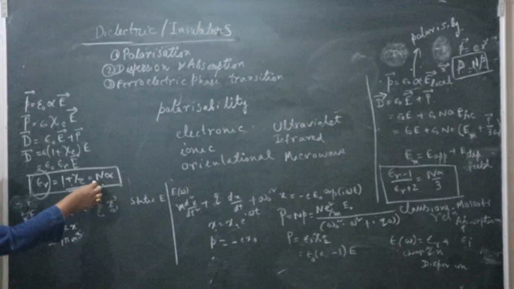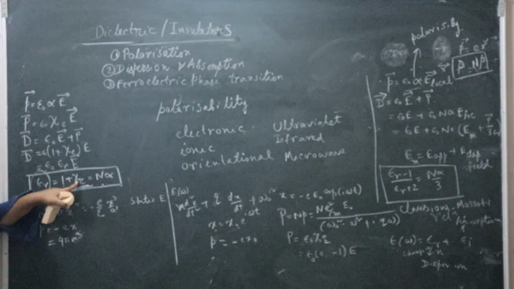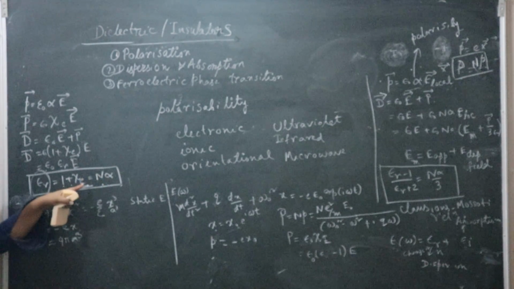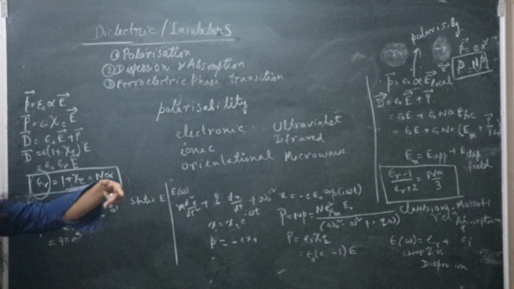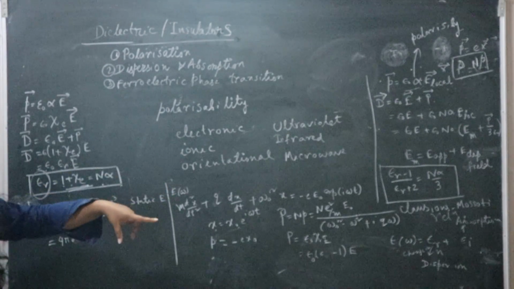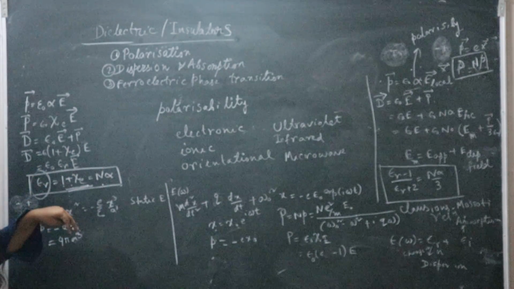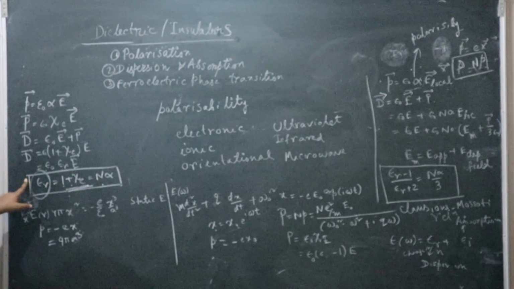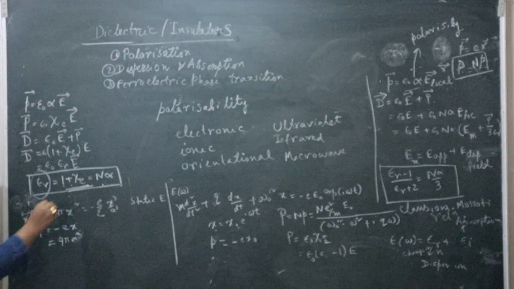Look at the equation. Whenever you see an equation, you have to understand that the dielectric constant is a property of this material which is coming from the susceptibility or the polarizability, because how much dipole moment will be created will determine the amount of polarization. Much more polarization means much more dielectric constant. That is the basic thing which you can understand from this equation. Now epsilon r equals 1 plus chi e equals n alpha.